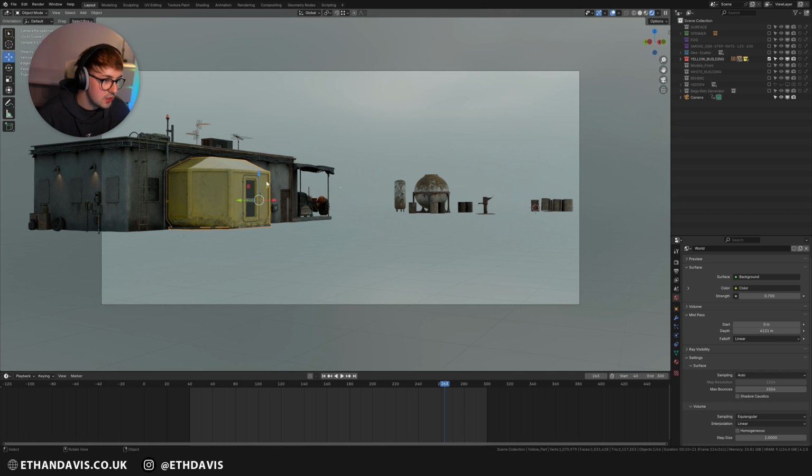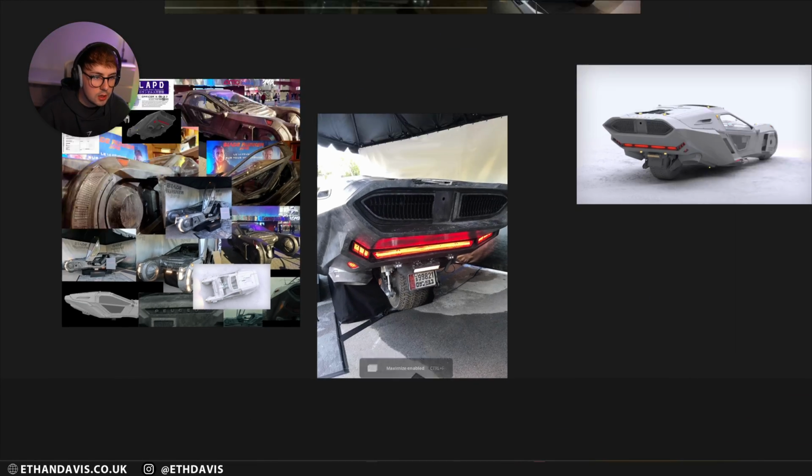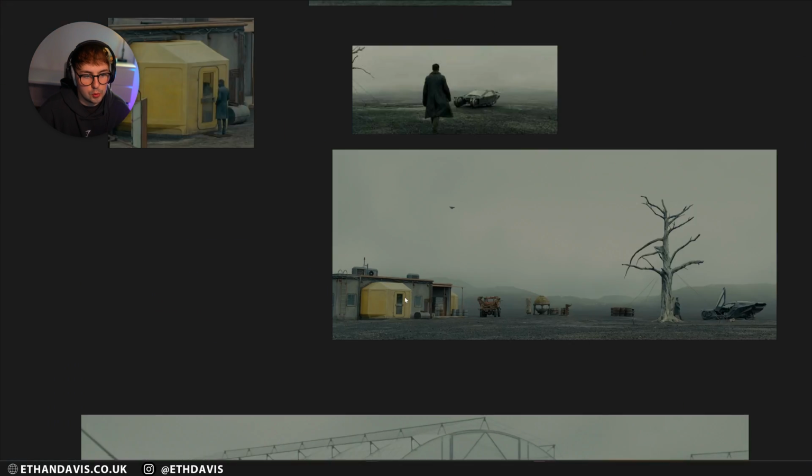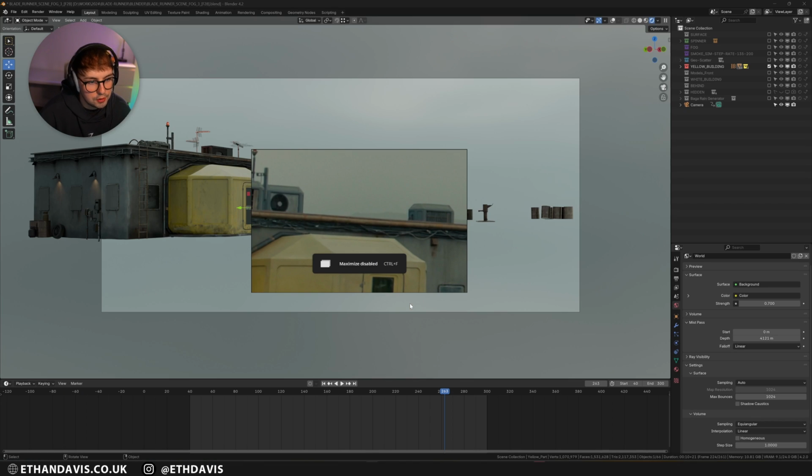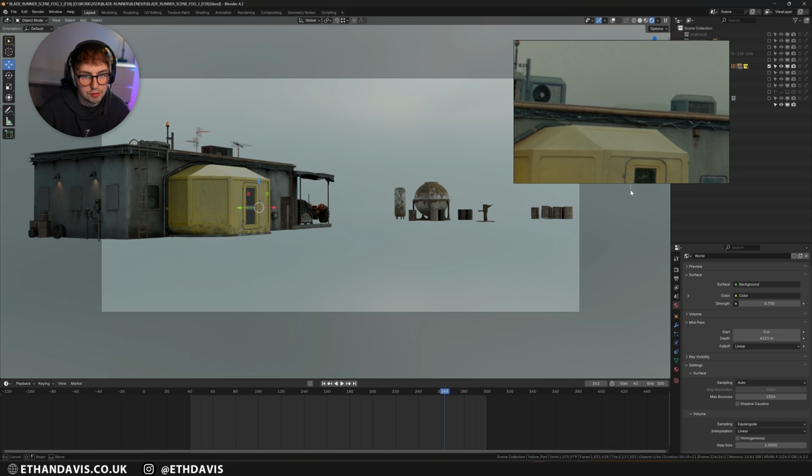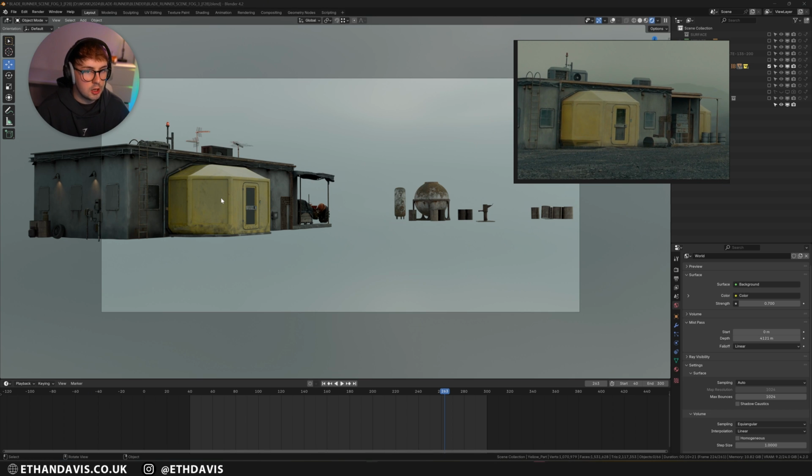But I obviously knew that I'm going to be viewing this building from this angle. And going back to my reference, if I jump back into my PureRef, I knew that it needed to look like this. So if I just make my PureRef this big, here you can start to see how I tried to achieve the exact same look, but went a little bit different just for artistic purposes.